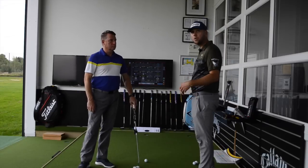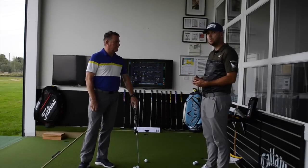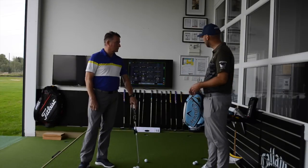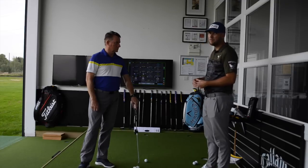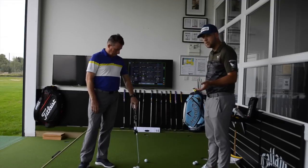So we're going to get Dave going through his normal routine here. When we went through the lesson, we talked about lining his ball up. So we're going to line the ball up as normal, and we're going to hit 3 putts with his putter, see how his stroke's looking, see if the length of the putter's right, which I'll talk through as we go. And then from there, we're going to check his aim, check if when he lines the ball up, he can line this 2-ball blade to where we want it. So Dave,